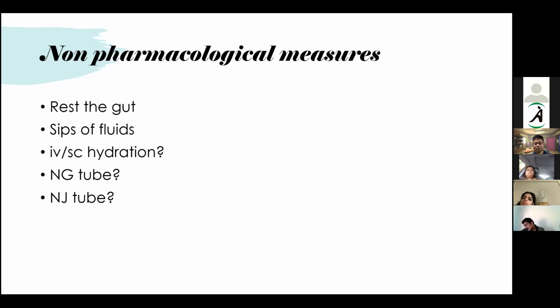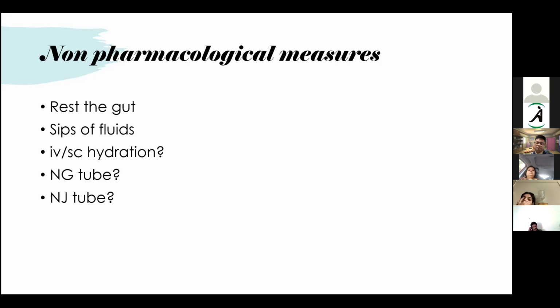See, the thing is, as I mentioned earlier, decompressing the stomach will only work in upper GI obstruction, right? How far can the NG tube go? It can go into the duodenum, not beyond that. So an NG tube will only work if the obstruction is in the upper GI. If there is a lower GI obstruction, there is no point in putting an NG tube, because the stomach will not be full with contents. Right. And again, in all cases of upper GI obstruction, we need not put an NG tube.